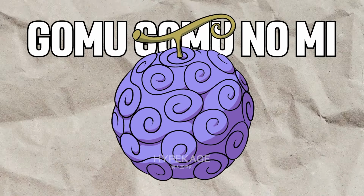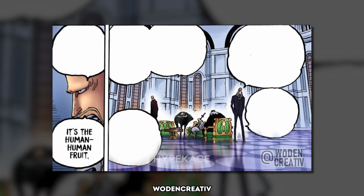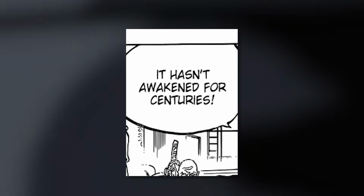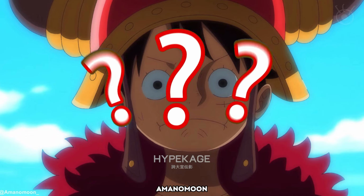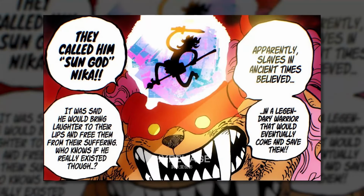Originally, this devil fruit was not called the Gomu Gomu no Mi. Instead, its true name is the Hito Hito no Mi model Nika, a mythical Zoan-type fruit that grants the user the powers of the sun god Nika. The world government hid this fact for centuries, renaming it to suppress its true potential. So why is this so important? Because the power of the sun god Nika is closely tied to freedom and liberation, a concept that runs deep